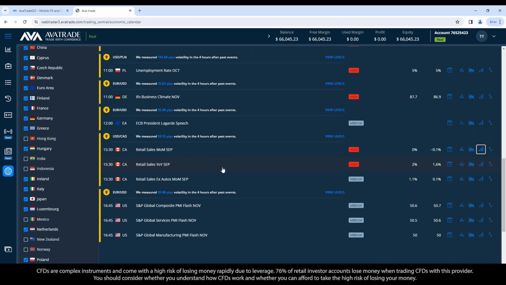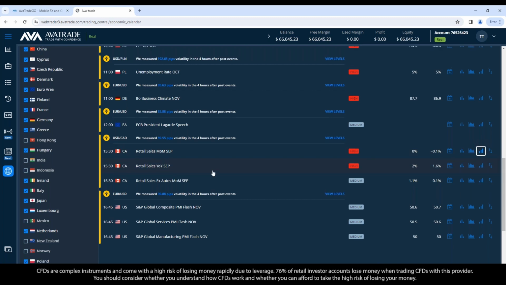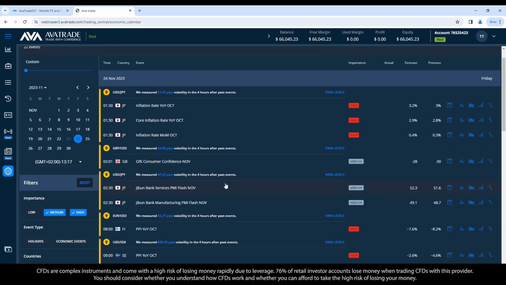But the one we really focused in on here, lastly, was the retail sales out of Canada, which really has a nice statistical breakdown from the past announcements. If it comes in higher or lower than expected, a great deal of certainty in the movement based on the past data. Okay, so some pretty nice opportunities potentially tomorrow, depending on how those numbers come in.